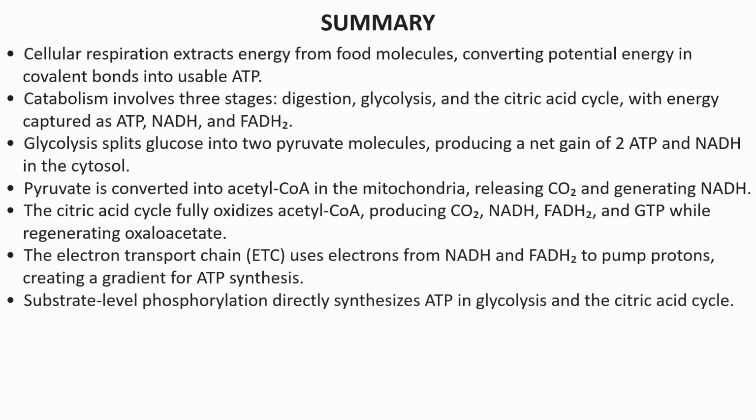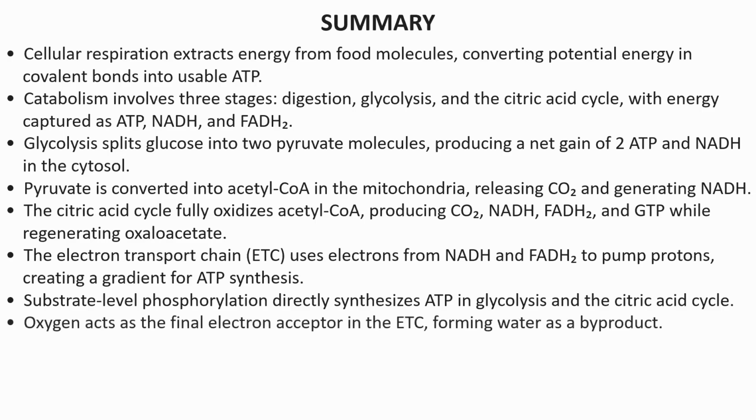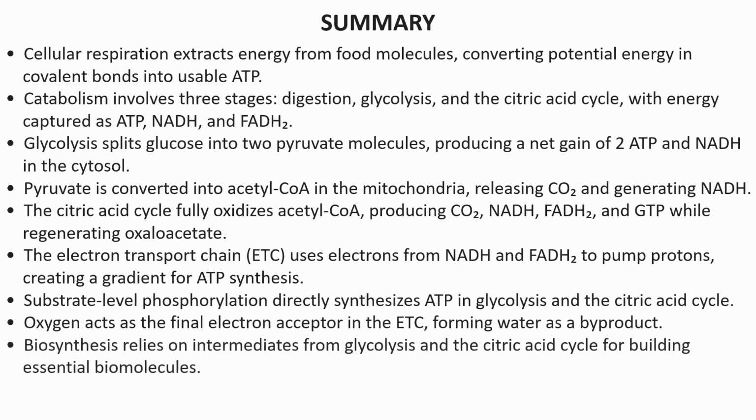What we saw in this video was substrate level phosphorylation, where energy is being released by single reactions and energy is sufficient to add an additional third phosphate onto ADP, making ATP one at a time. We saw that in glycolysis and in the citric acid cycle. In the ETC, oxygen is going to act as the final electron acceptor, a trash bin for spent electrons, and then water will be the byproduct of reduced oxygen.